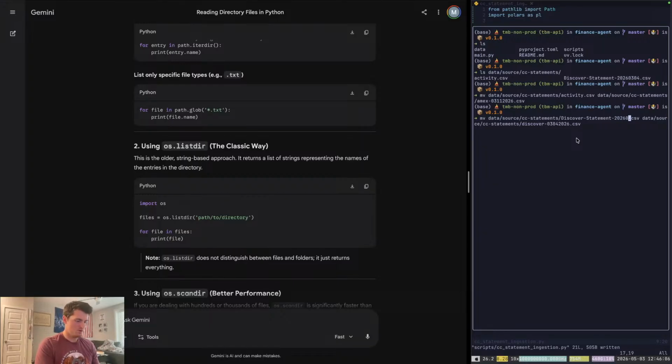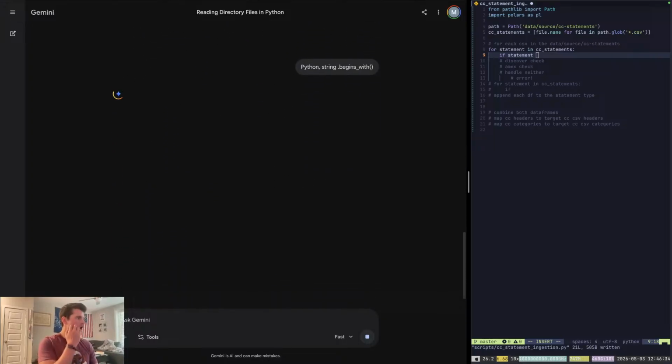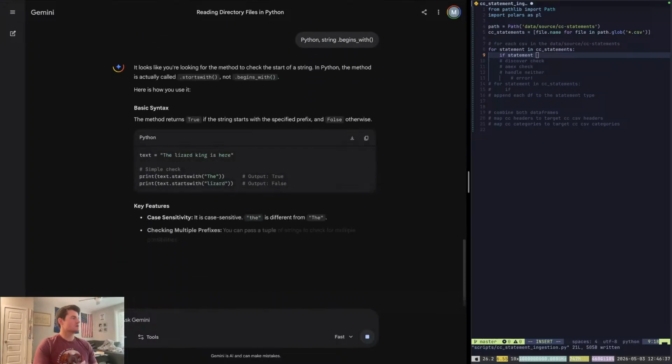Oh, 03, 04. Okay, now I want to check the file name, so an if statement, and then Python string dot begins with, starts with. Okay,